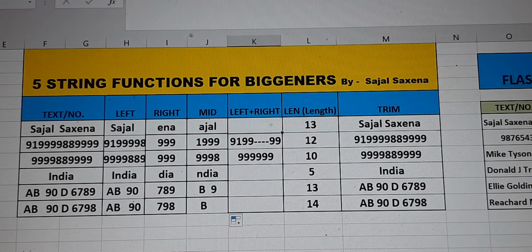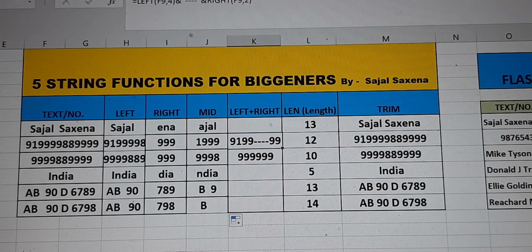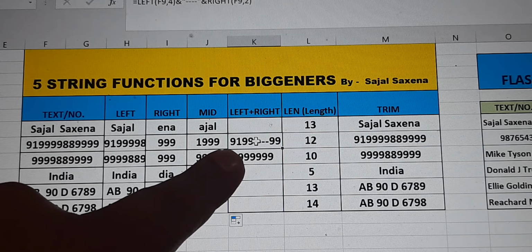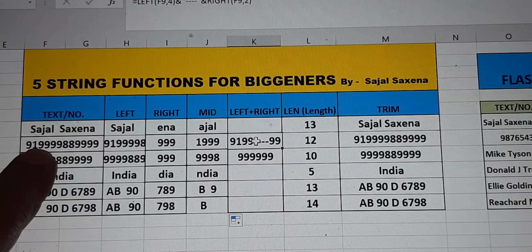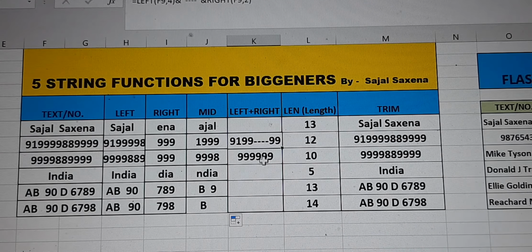Now there is another technique, combining left and right. We combine the left and the right function. So how is it done? A little bit of attention is required. In this cell, I have applied this on the number first. So we are combining the left and right. Okay, let me first show you this one. This is simple. So how are we doing it? It's like equal to, like we said. Okay, let me do it for you here.